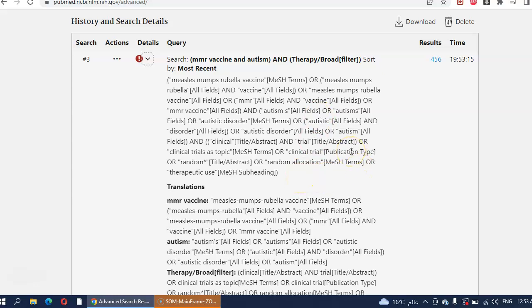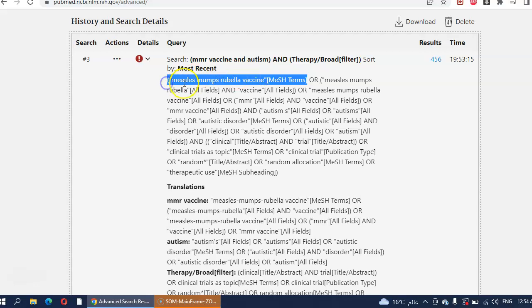Autistic disorder is a MeSH term as well. So we can take measles, mumps, rubella vaccine as a MeSH term